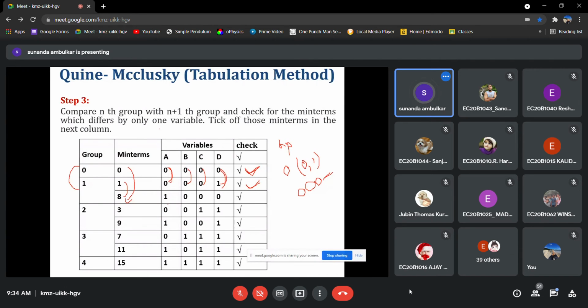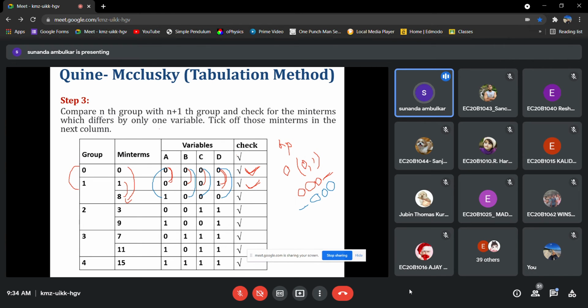Now we will see any change in the variable. 0, 1 is changing, so here we will put a dash, 0, 0 and 0.